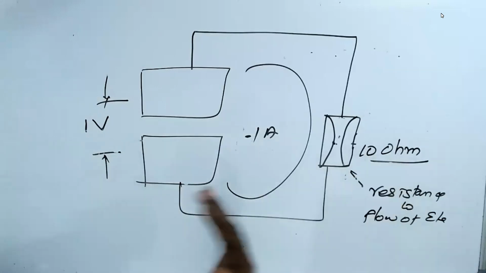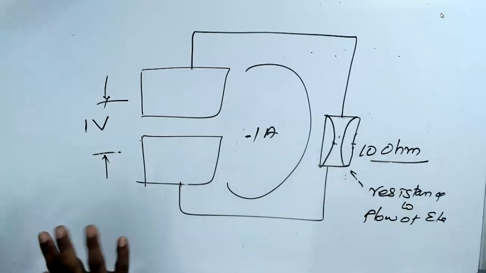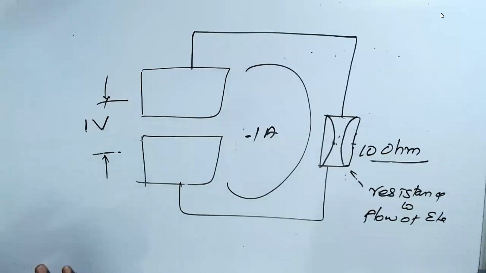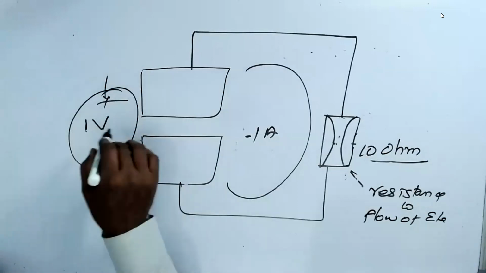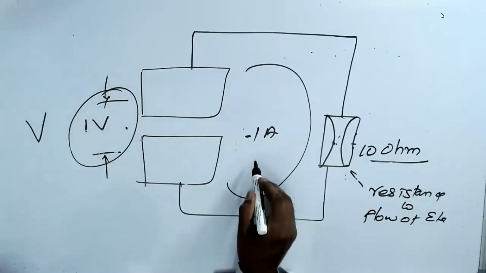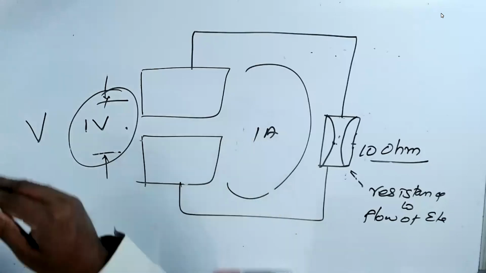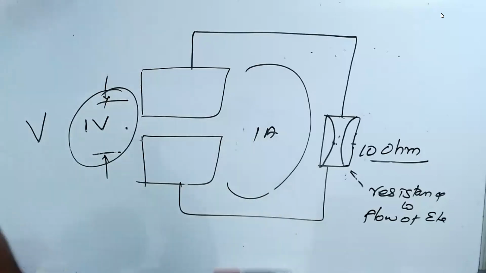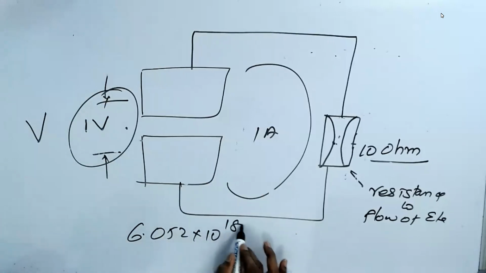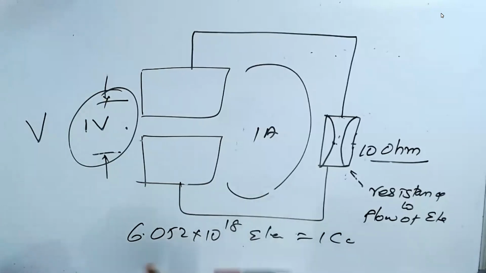Ohm found a relation. Before Ohm, Maxwell and so many others did very complex work. Finally, Ohm said, hey, let's go to the common people. So how do you do the common people relation? He found that if you call the voltage V, and current should be called C, but unfortunately, they already have a word called Coulomb. Coulomb is a scientist who measured the electrons. He is the one who said that 6.052 into 10 power 18 electrons equal 1 Coulomb charge. They measured the charge difference by Coulomb.